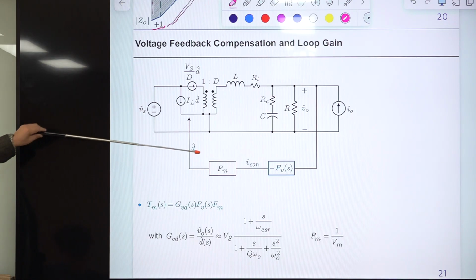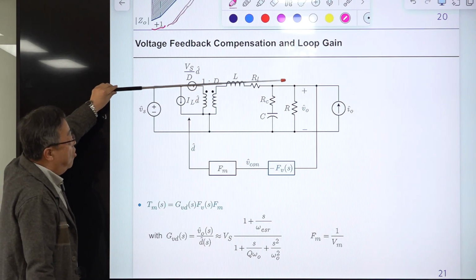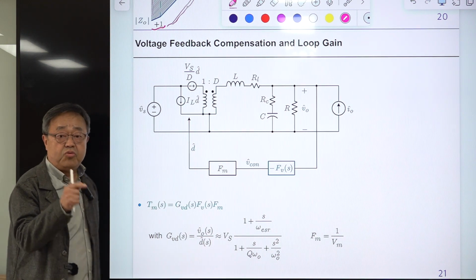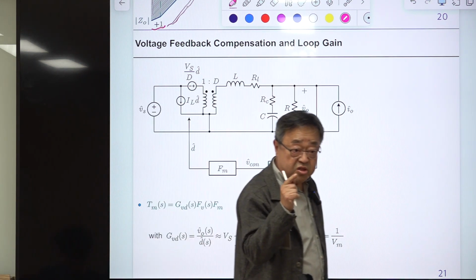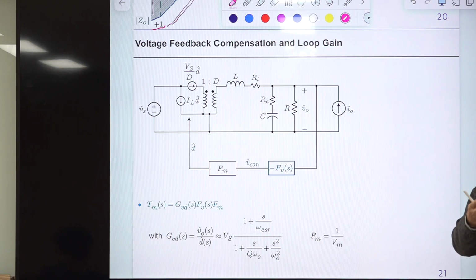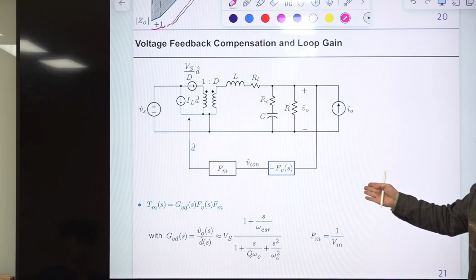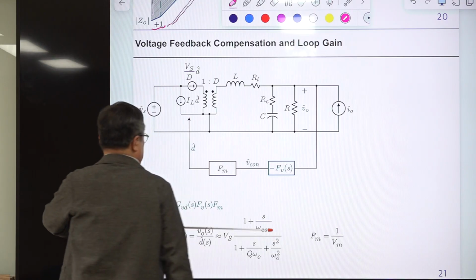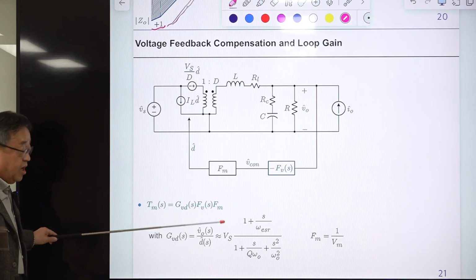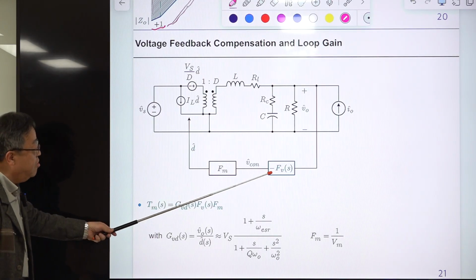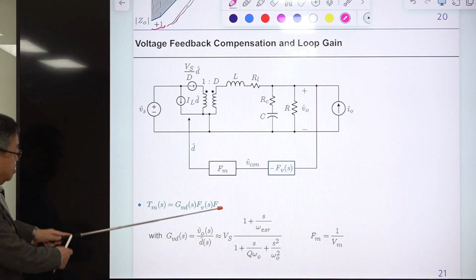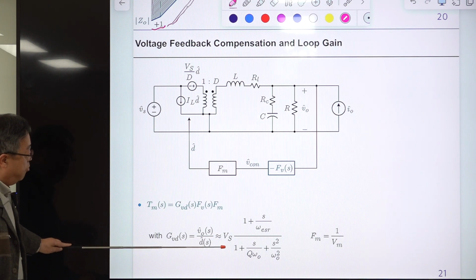So let's talk about designing the loop gain, or finding out the optimal structure of this one. First, you want to show the problem of the simple integrator. The simple integrator had some problem, and to avoid that problem, we'll come up with the optimal structure for this case. Okay, so loop gain is this one. You have a minus sign here, and loop gain has an additional minus sign in front of this, so they cancel. This is the duty ratio to output transfer function.